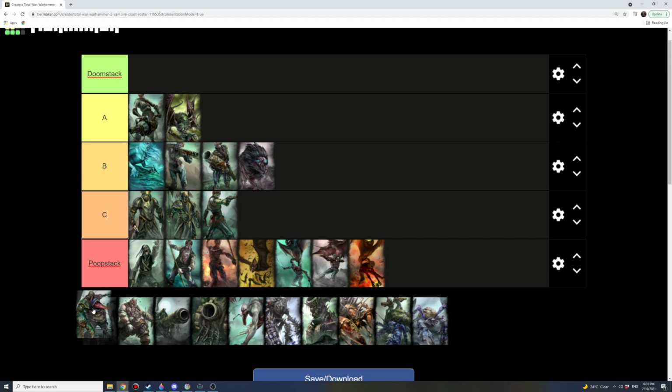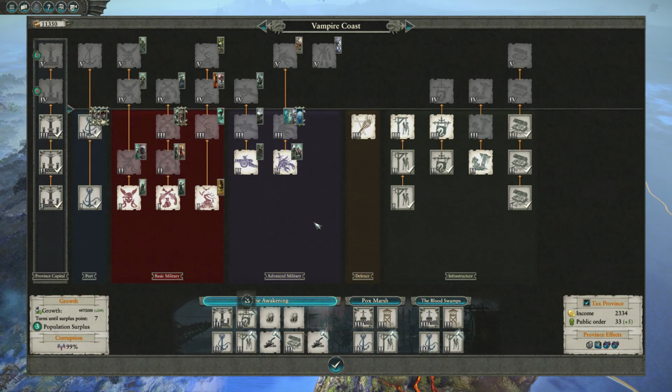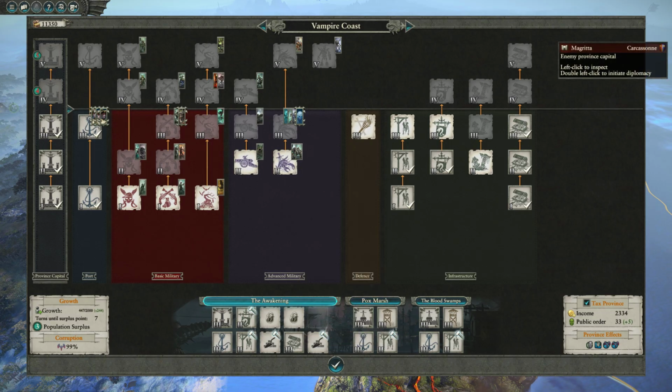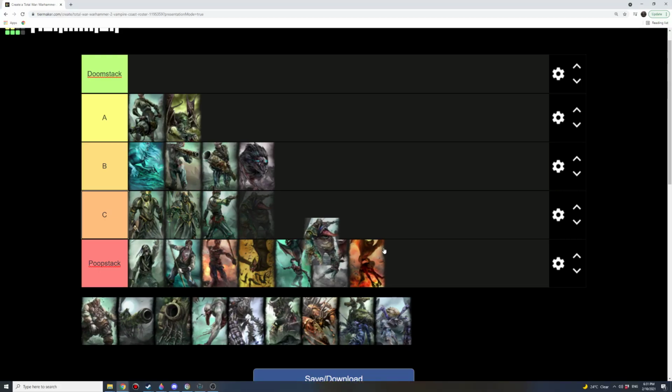Okay, other monsters. Alright, so these ones here. What are they even called? I don't even know what this one's name is. Animated hulks. Right, animated hulks. Yeah, they're garbage. Alright, in the trash pile with you. In the trash. The reason for that is because...